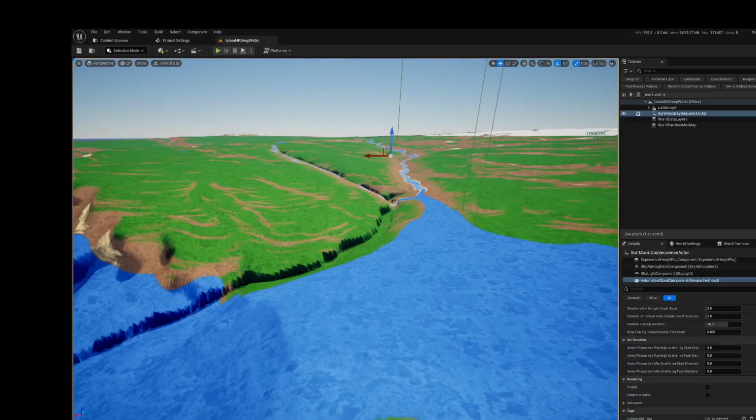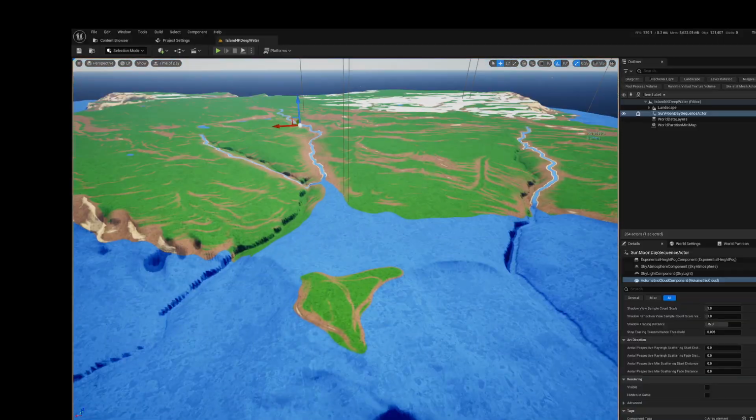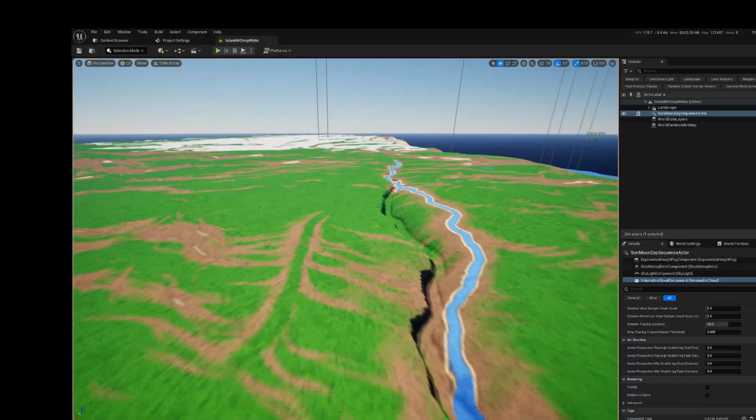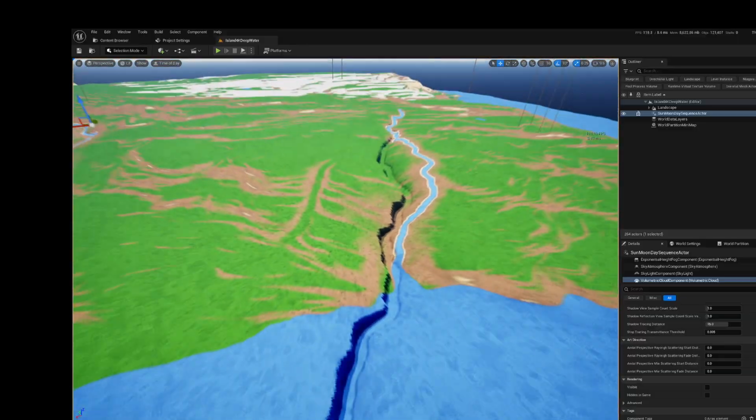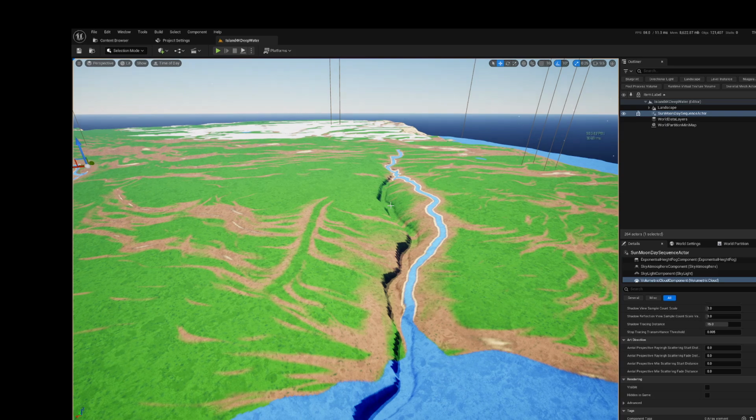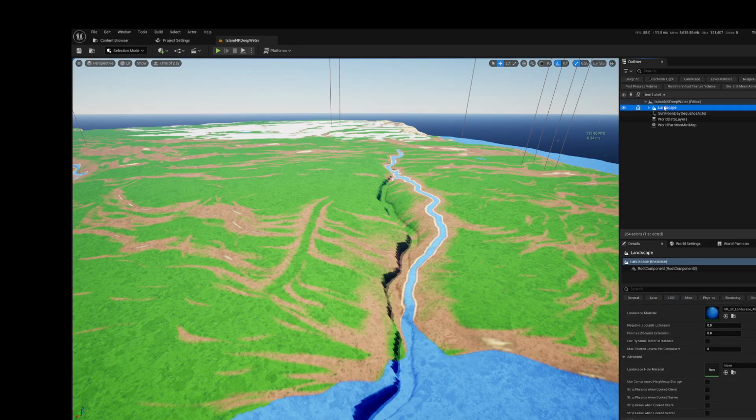Okay, it's not what we're focusing on. Okay, so now here's some of the issues or the things that we're going to fix. So we brought that in, and what we want to check in our landscape is